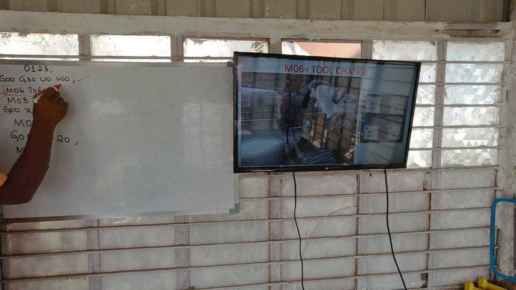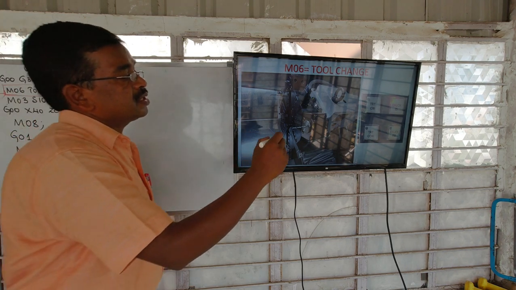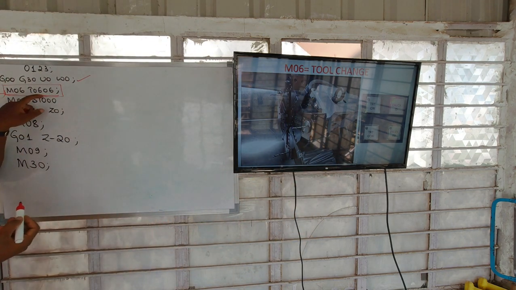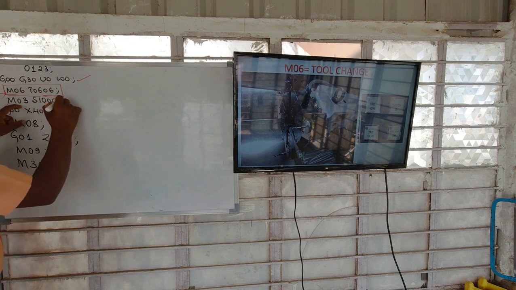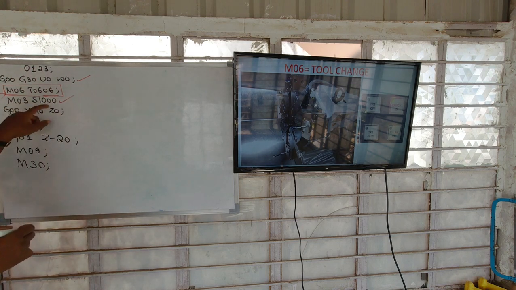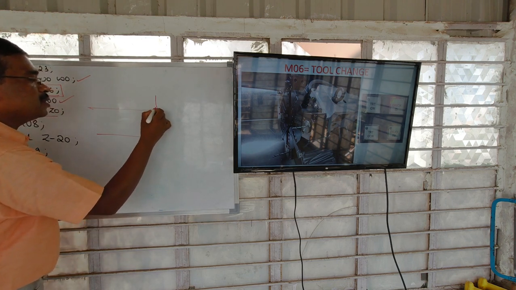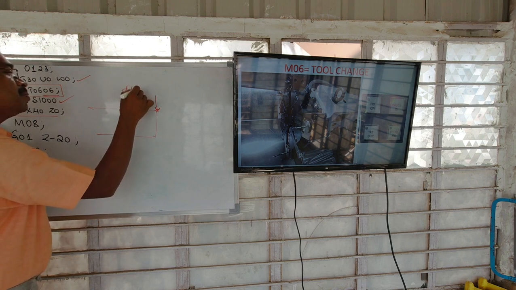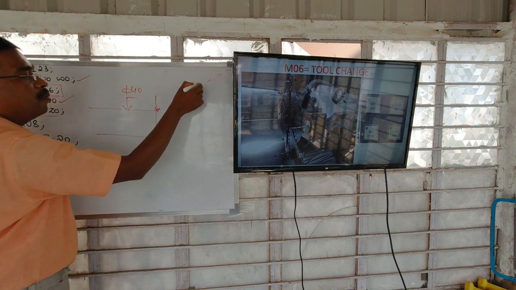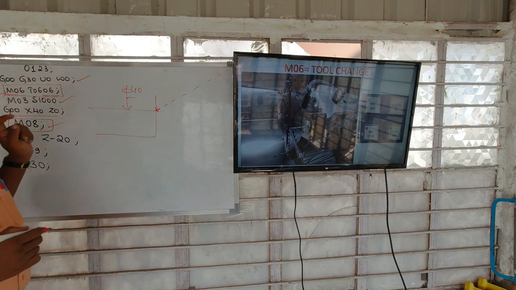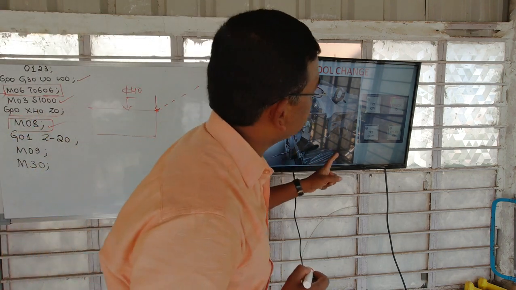That means M06 is for giving the instructions. The controller will index the required tool, that is the number 6 tool, and then the workpiece will start to rotate clockwise at an RPM of 1000, and it will move rapidly up to the workpiece. For example, if the diameter of this workpiece is 40, the cutting tool will move rapidly up to the face of the workpiece, and as soon as the controller reads this block, that is M08, the controller will send the signals to switch on the